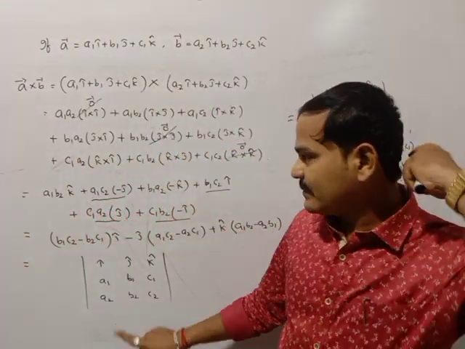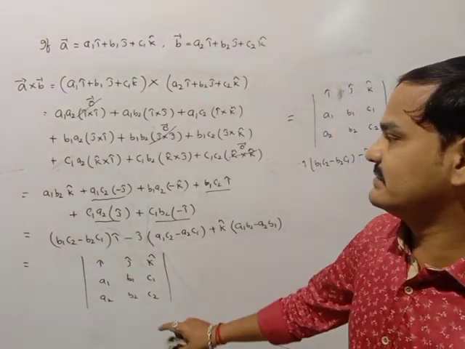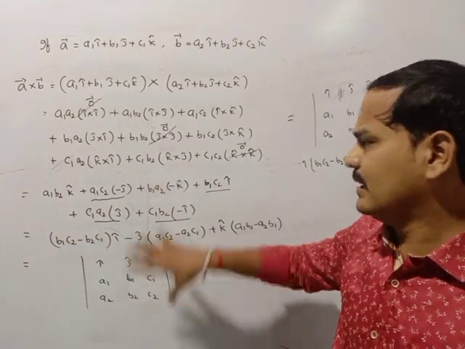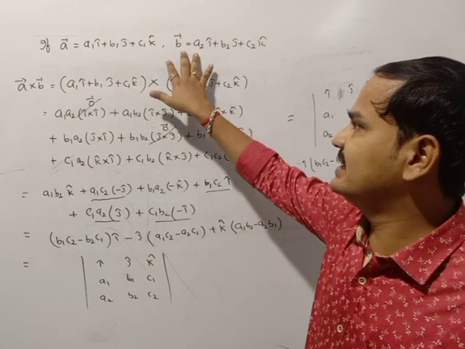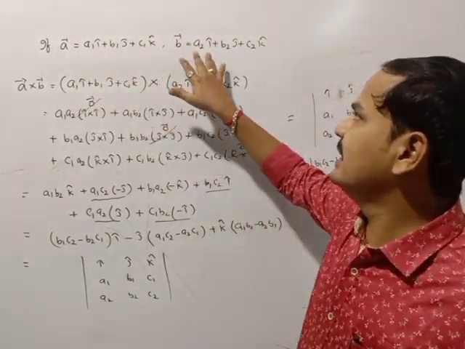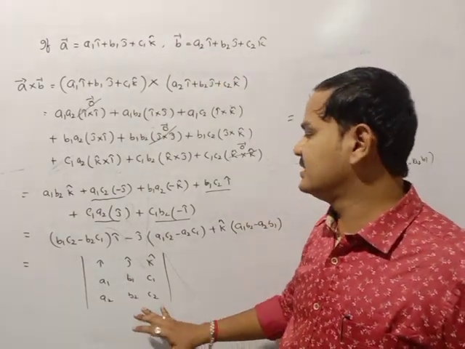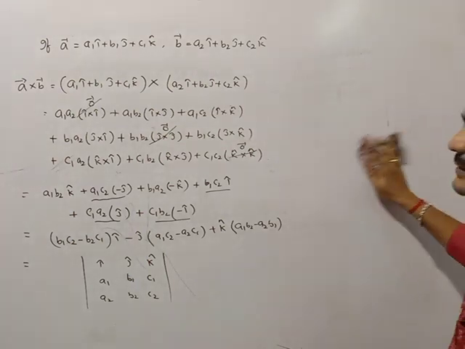So you are using this formula for the cross product. Generally, we use this cross product formula. How you derive this one: using this concept only you derive it. But you don't need to write down all of this in the examination or in your notes. You just need to know how it came. Suppose A bar is one vector and B bar is another vector. Then how do you find the cross product using this formula? See, here I will take one example.